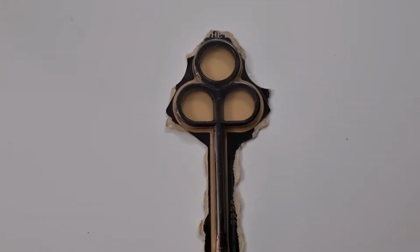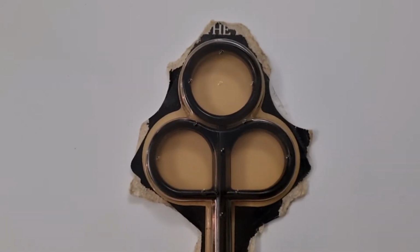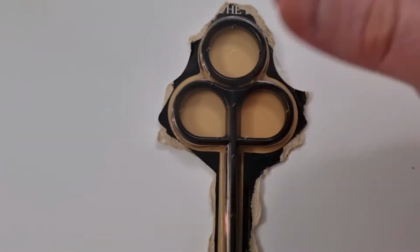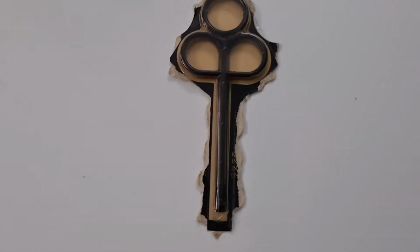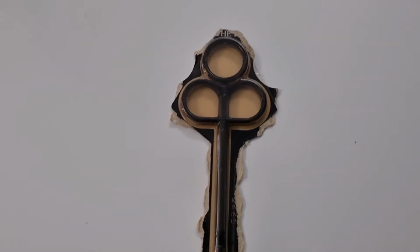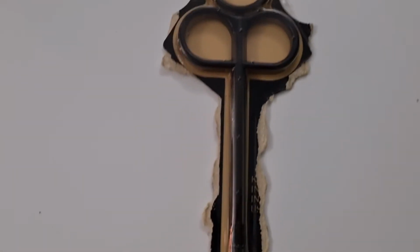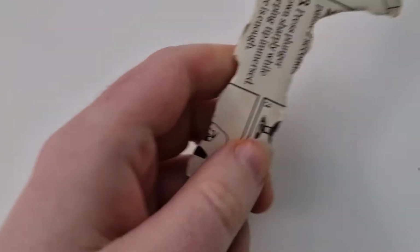So here's a little bit of a closer look for you guys with the front-facing camera. There's the device itself. Okay, so basically you use the wee ring sort of thing and you pull it up and down. And I've got my stuff ready here. I've got the old tulip glass and my Nitrosurge can I'm going to use. It's already